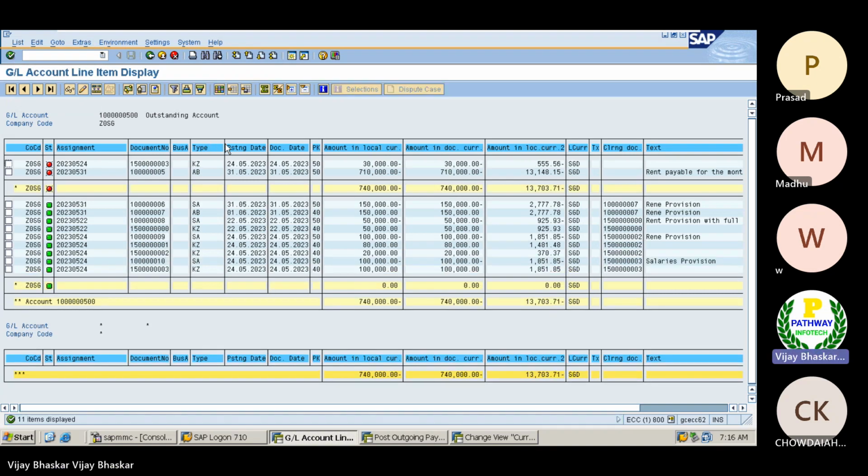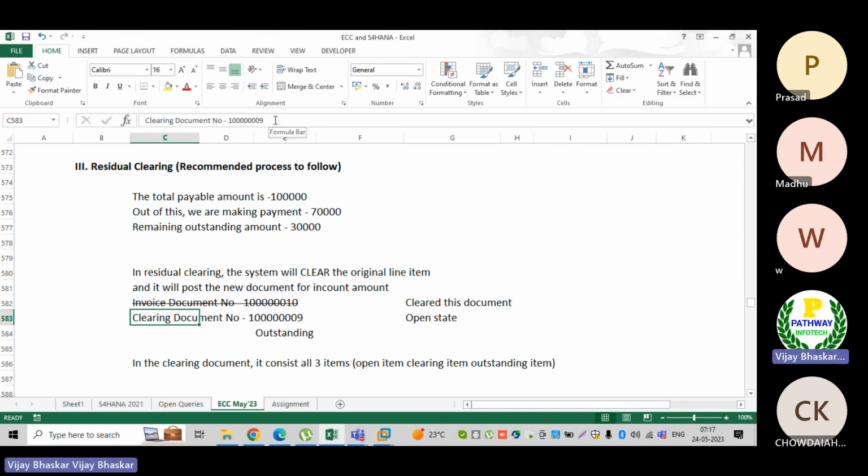Now you can see the 1 lakh rupees has been cleared by the system automatically. See, this is what I was telling. Now only one document we are able to see here. What did the system do here? The 1 lakh rupees amount has been cleared by the system.